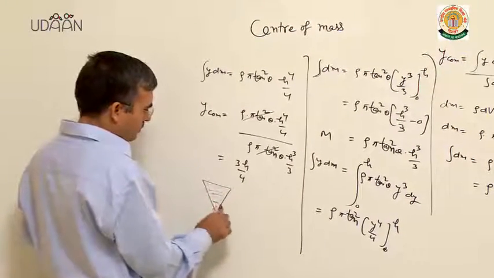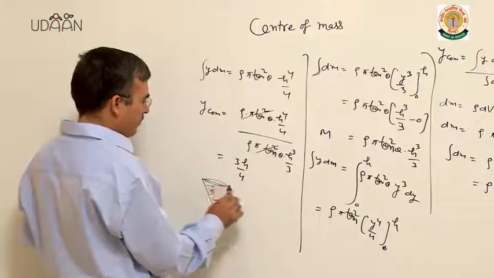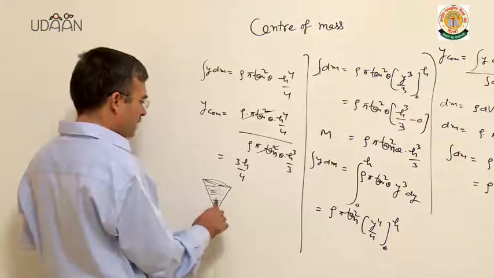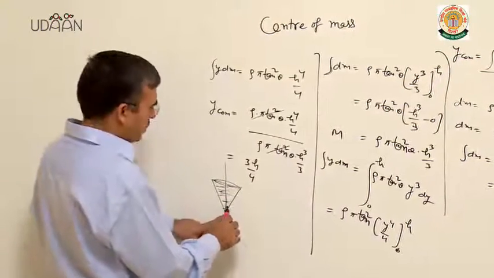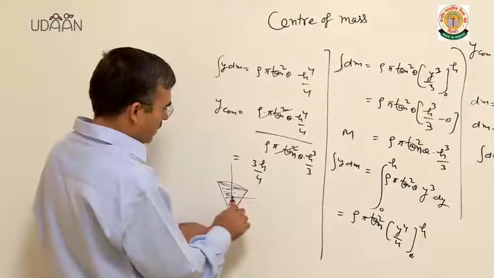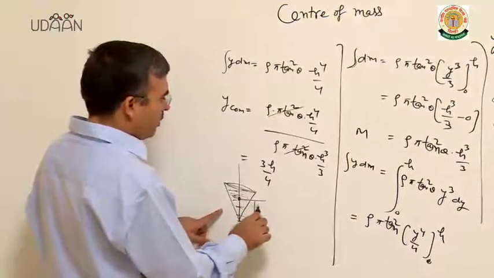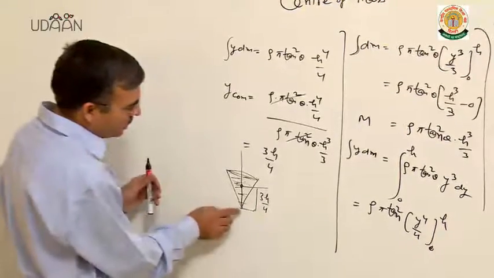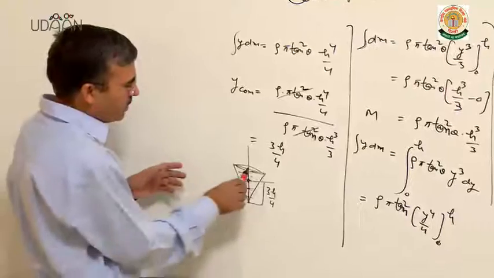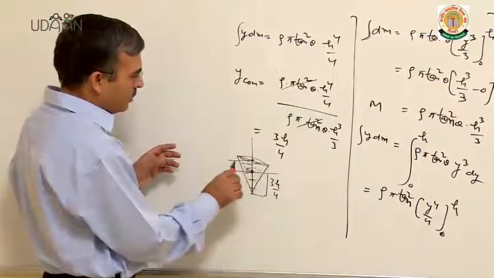So the position of the center of mass of the solid cone, with mass per unit volume given and uniformly distributed mass, is on the axis of symmetry. The center of mass is at 3h by 4 distance away from the vertex. From the center of the base, you can say it is